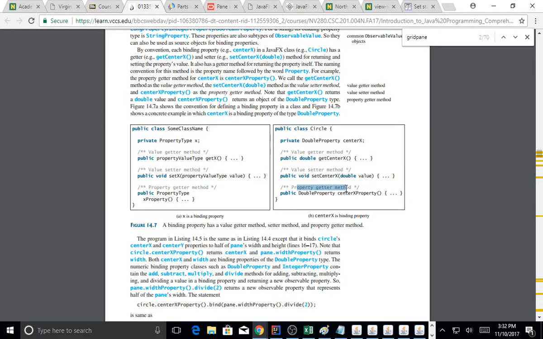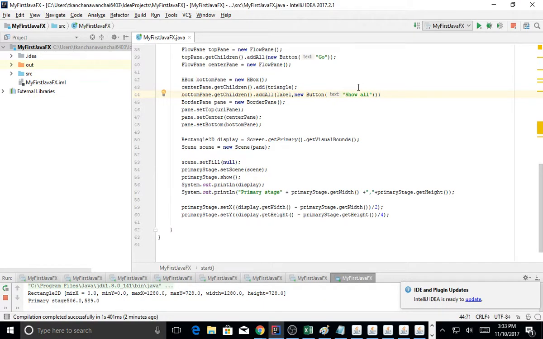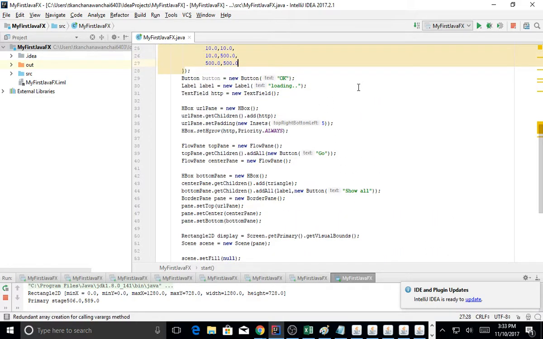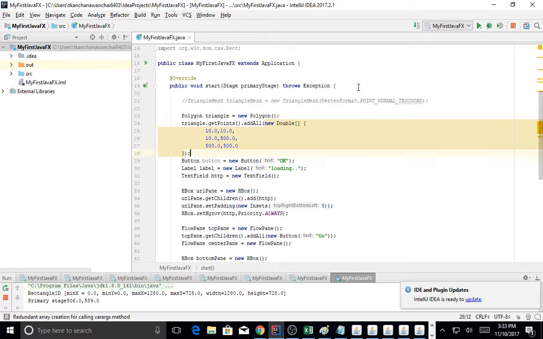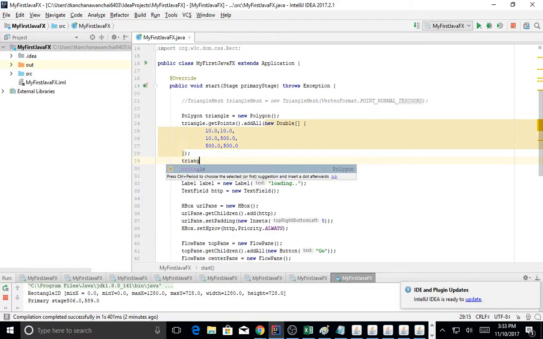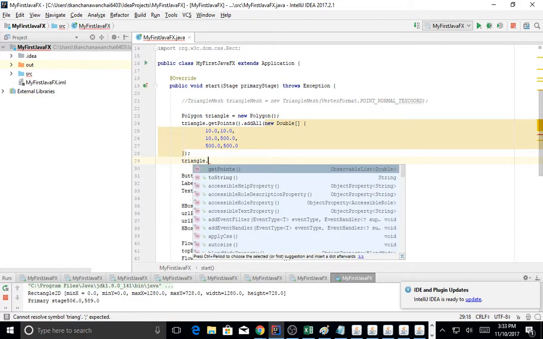But they also have a getter-like method for the property too, because they have the property of center X. Now what we try to find out is, do you have the same thing with a polygon? Right, if you want to bind, because this is a triangle, so we have to go back to look at triangle. So triangle dot